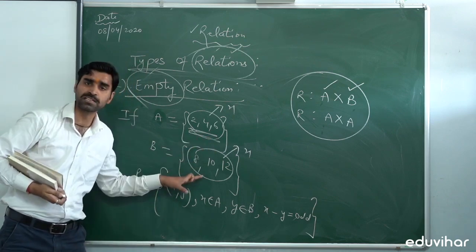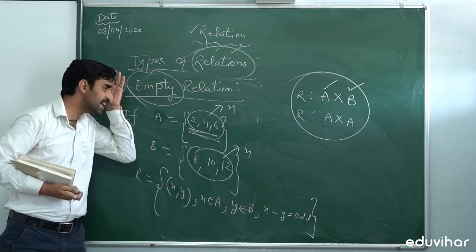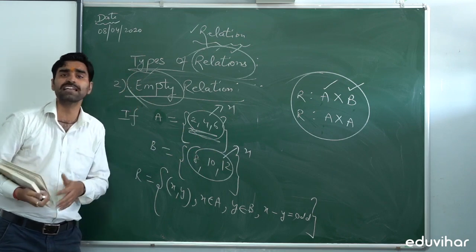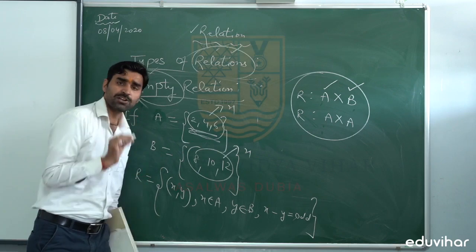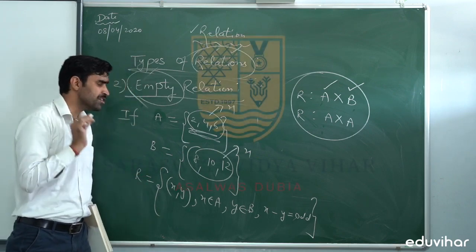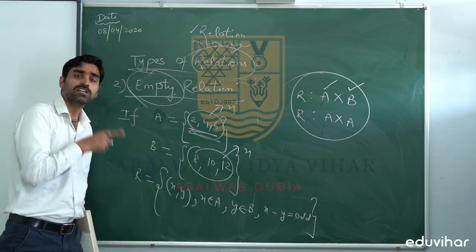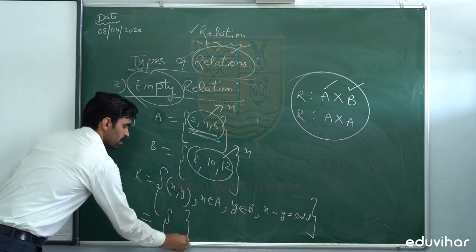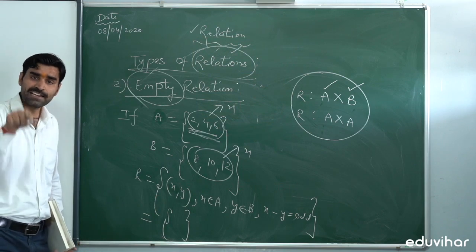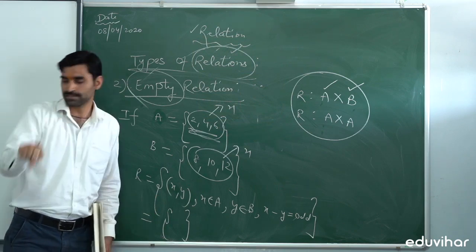As you observe, these are even numbers, and we know that the difference and sum of two even numbers will always be even. So if there are no elements which satisfy the given relation, this type of relation would be the smallest relation, known as empty relation or void relation.